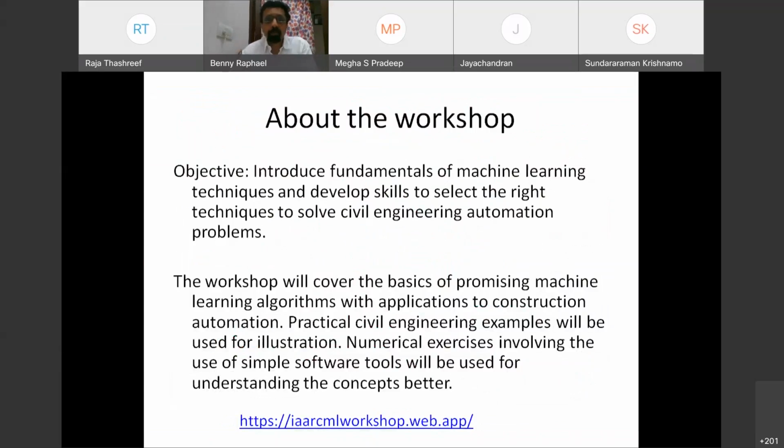Now coming to this workshop, the objective is to introduce fundamentals of machine learning techniques and develop skills to select the right technique to solve civil engineering automation problems. Now we have 1,200 participants in this workshop. So we have a difficulty here because